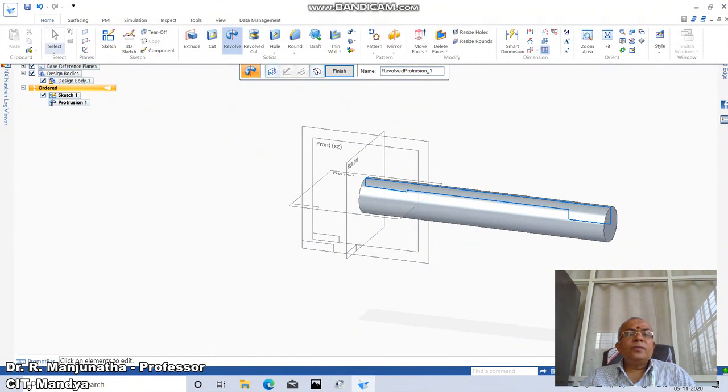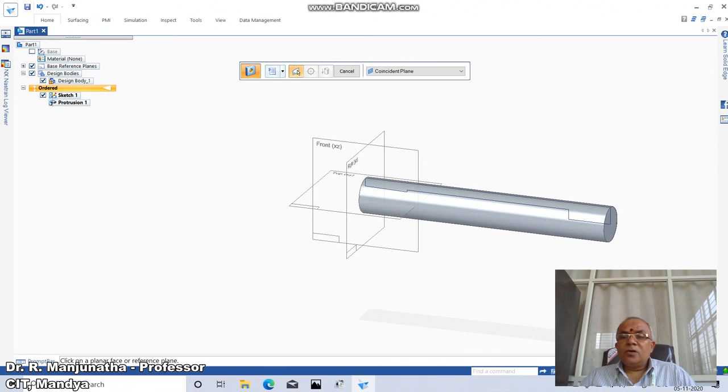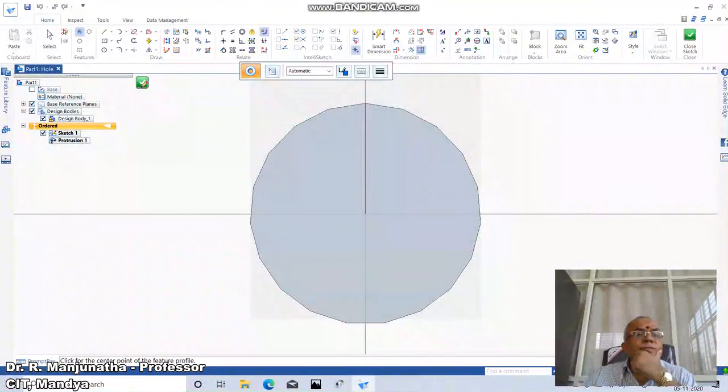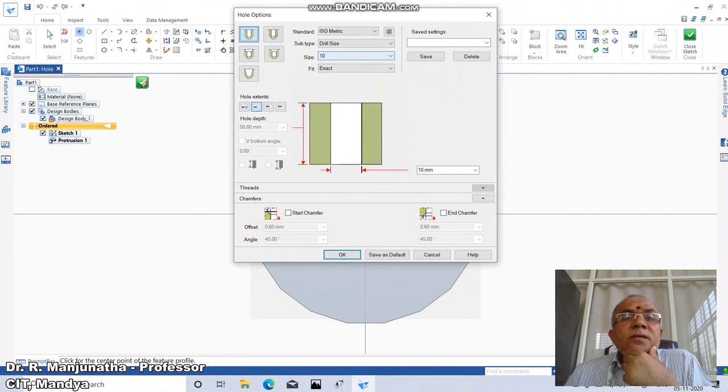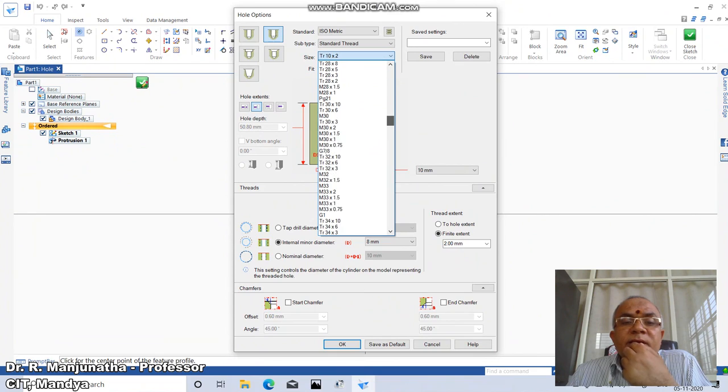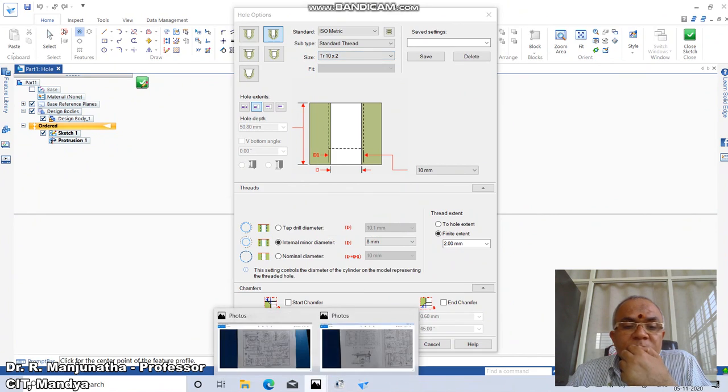So go to home, click on hole, click on this, and then come down to thread. So click on thread. So come down to threaded, click on through next, then go to square of TR38. So what is the dimension?